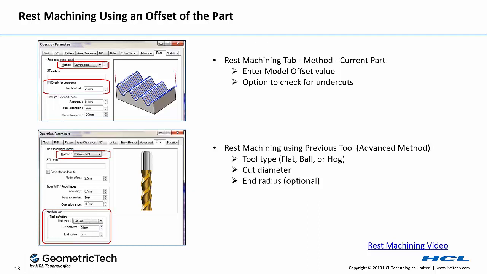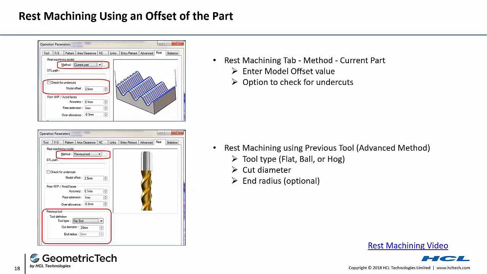Rest machining. This is for 3-axis milling primarily. Rest machining using an offset of the part. So if you have a casting or forging, this might be common, especially if it's a 3-axis part. You might want to be able to machine the part by using an offset of the part. So you see over there on the left, under the rest machining tab, we now have